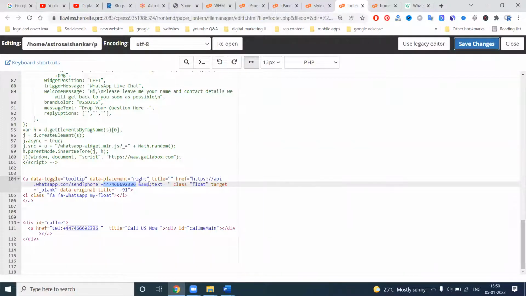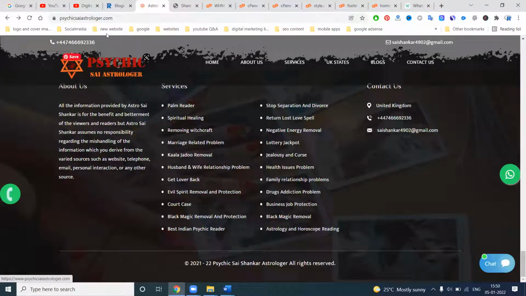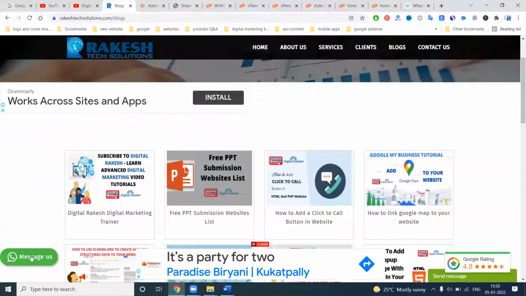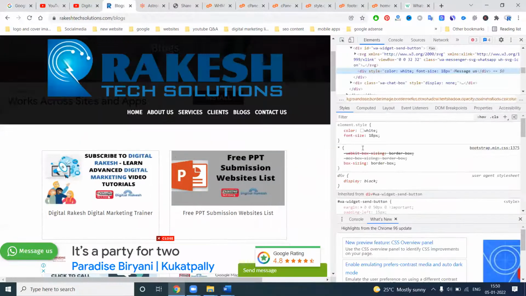Next, here is the WhatsApp button. The WhatsApp icon is there. You can use my float option for a particular customer. Add the WhatsApp feature here. This feature is completely dependent on what is provided by whaty.io.